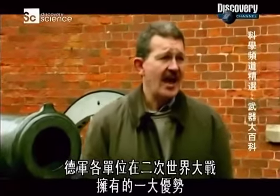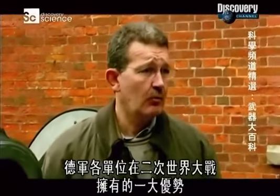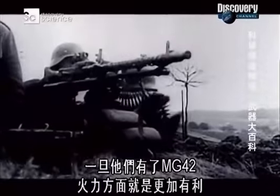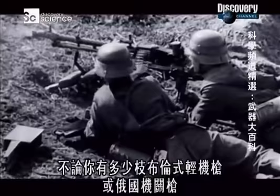The great advantage that any German unit had in the Second World War, once they had the MG-42, was just simply greater firepower. No matter how many Bren guns or